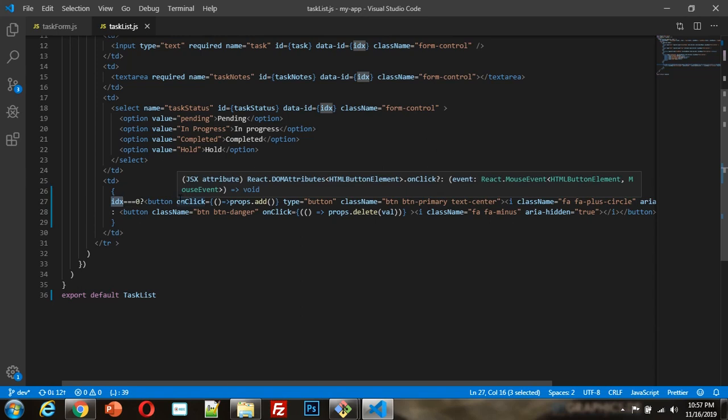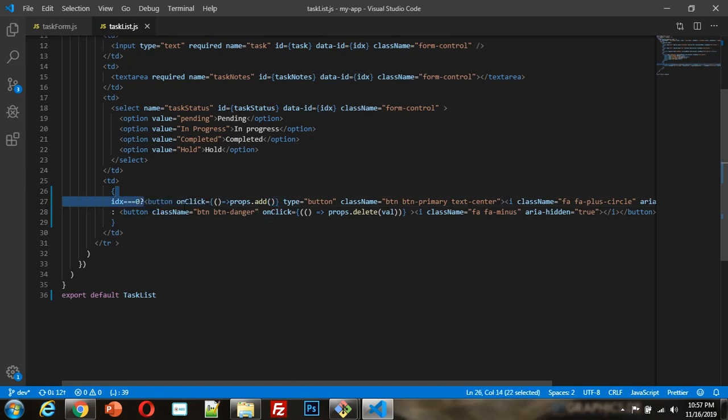For the plus icon I have written one branch, and for the minus icon I have written the else condition. This ternary operator also works like an if-else condition. In this way it is handling the thing.